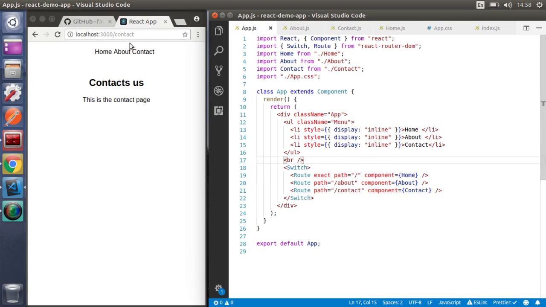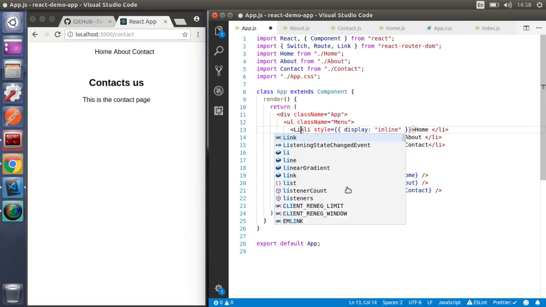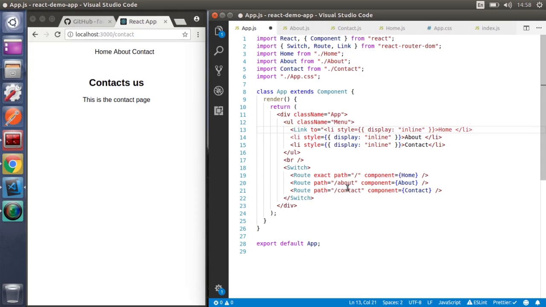We have the home page, about page, and the contact page, but our links don't point to them. Let's fix that. Let's import the Link module from React Router DOM, and over here we'll say Link to equals the path, and then within the